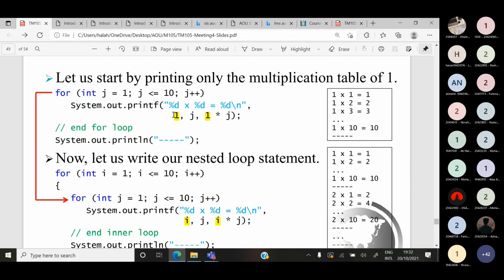This is the multiplication table of 1. j will be changed every time from 1 until 10. Every time we increment j, and this will be printed on the screen: 1 multiply 1 equal 1, 1 multiply 2 equal 2, because j is changing from 1 to 10. This is when we actually have a